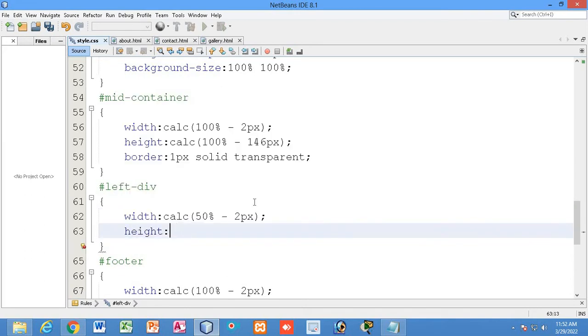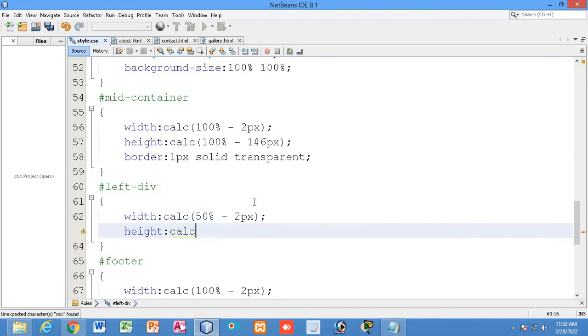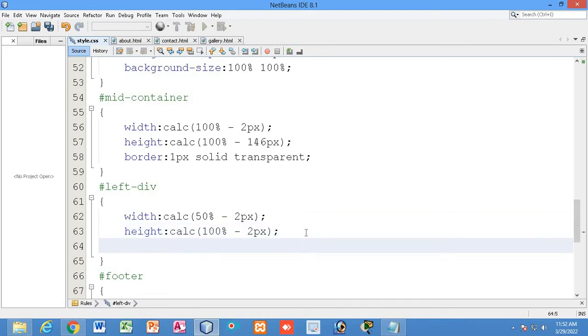Height will be, using the calc method, 100% minus 2px, right? So 50% minus 2px, 100% minus 2px, and also